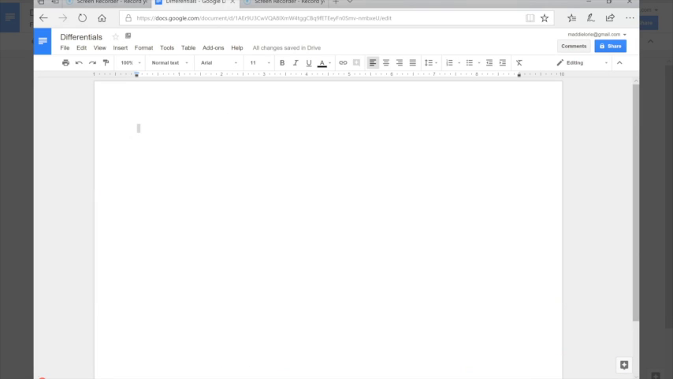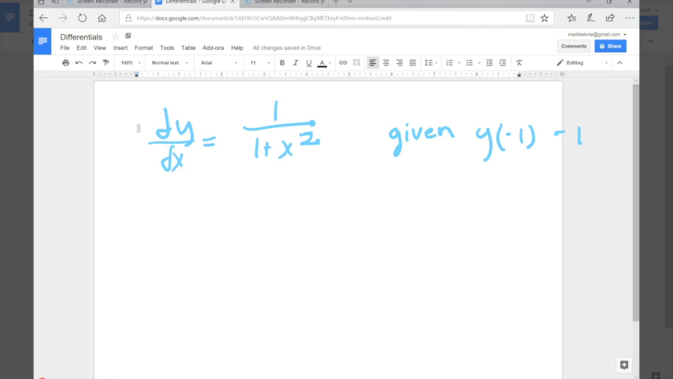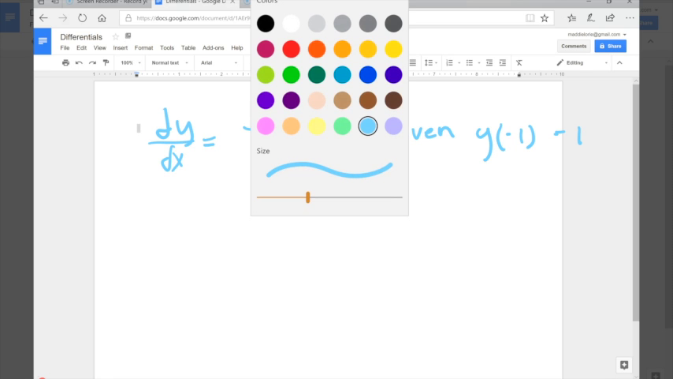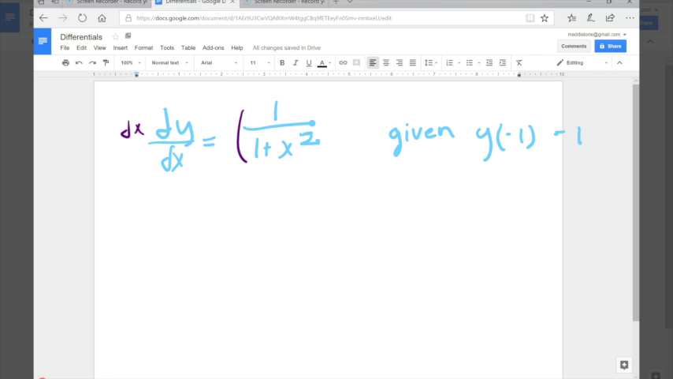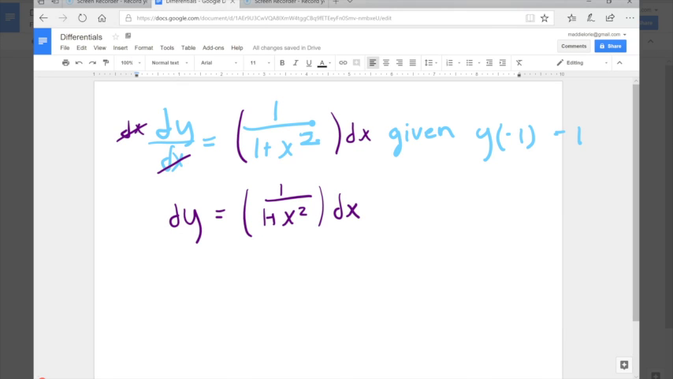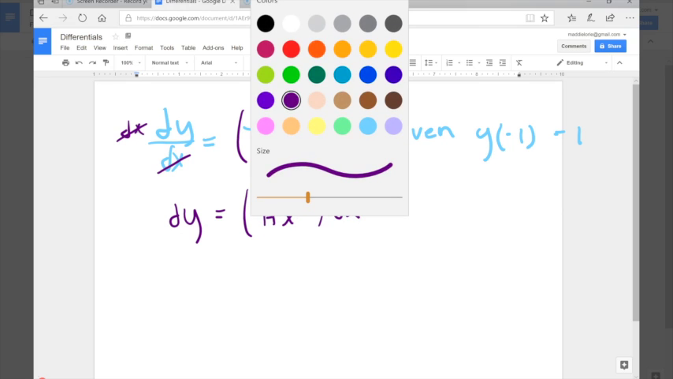Okay. So now on to our last problem, which is the initial value problem. The problem is dy/dx equals 1 over 1 plus x squared, and it says, given y of -1 equals 1. So similar to the differentials, I'm going to multiply by dx. dy equals 1 over 1 plus x squared times dx. And then I'm going to take the integral,